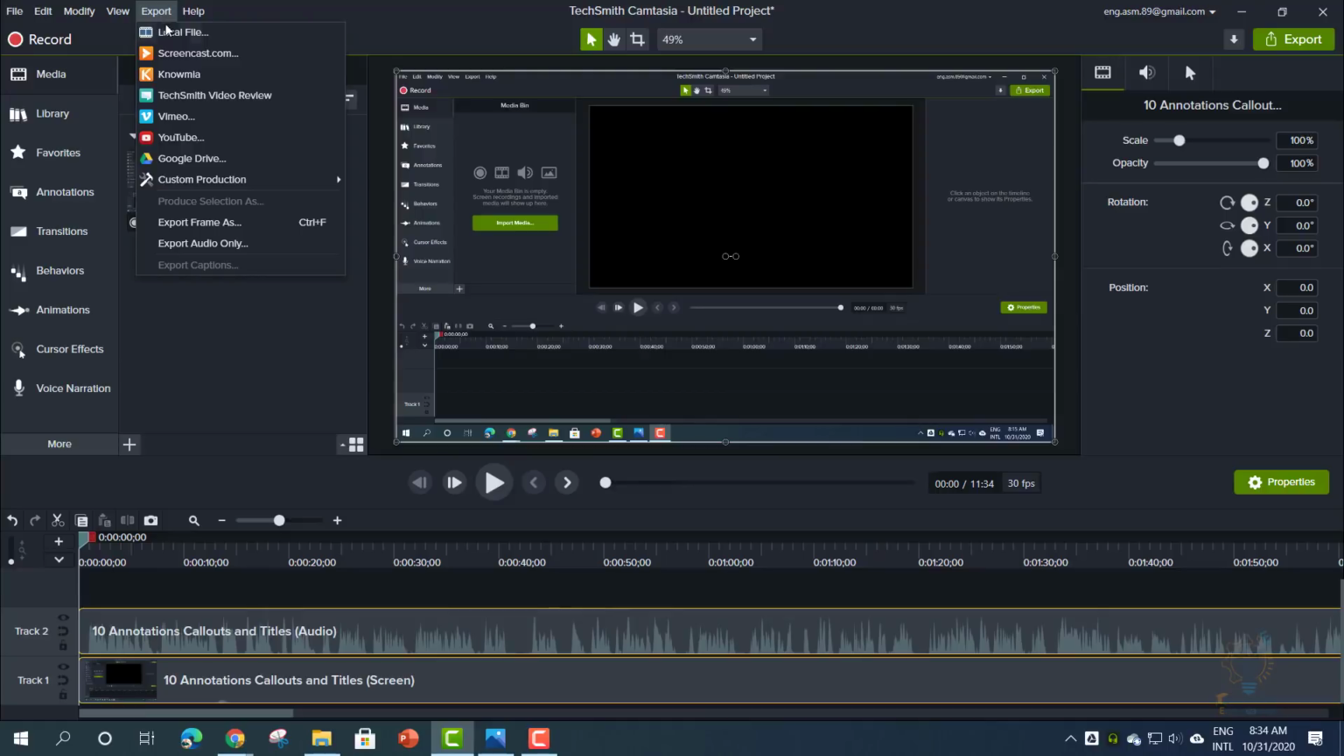The first option exports the project as a video file on your computer. The following options export to web services, which require you to sign in to an account. Now, Camtasia recommends Screencast for quick and free video sharing and video review, where you upload videos, then invite colleagues or friends to review them. Now, there is another option,